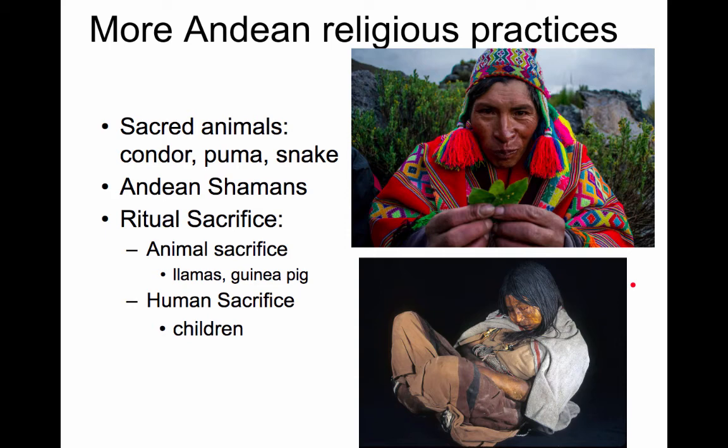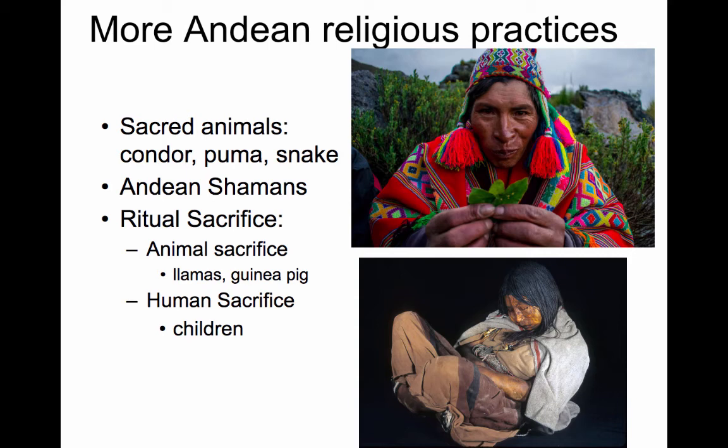Because commonly what they would do is they would take the young people up to mountaintops. And after giving them a certain type of corn alcohol called chicha and maybe a different hallucinogen, and doing a religious practice, they would bludgeon them on the back of their head and then leave them in the cold, leave them at the tops of these mountains. And then snow would pile on top of them and the cold would mummify their bodies.